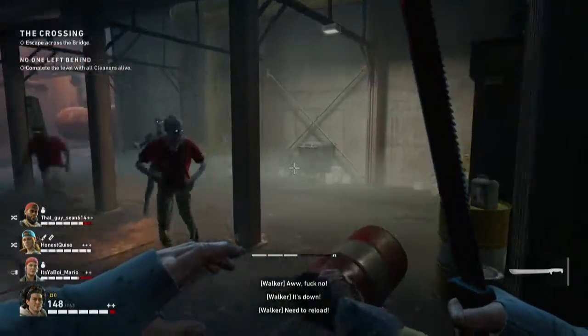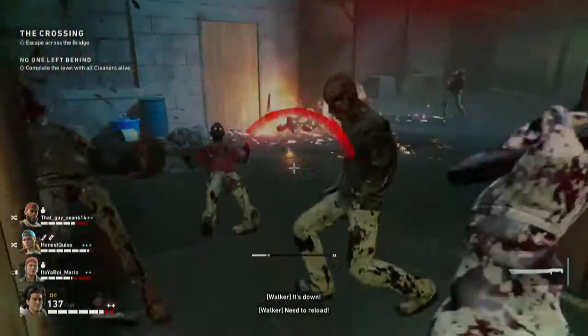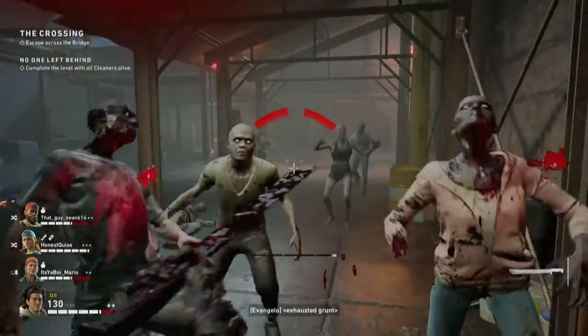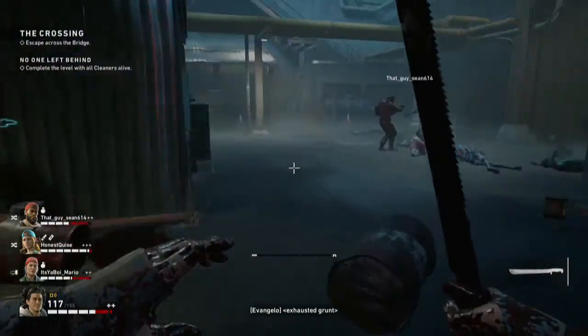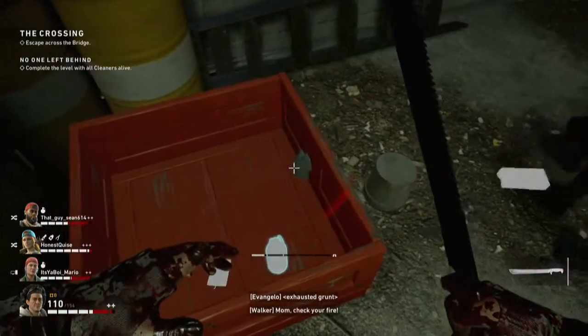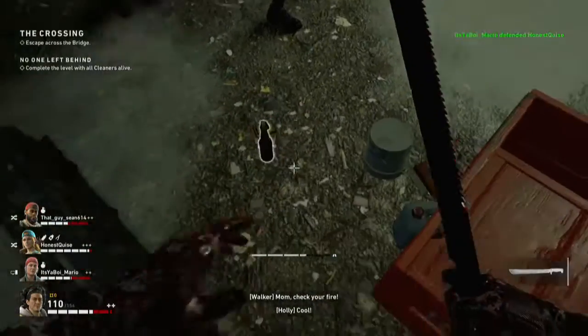For example, Holly gives the entire team a 25 plus stamina boost, while one of my early favorites, Walker, gives the entire team a health boost. So depending on who you have on your team may mean the difference between a successful team or a deadly team. The protagonists, known as cleaners, also have something that I never would have expected in a game like this